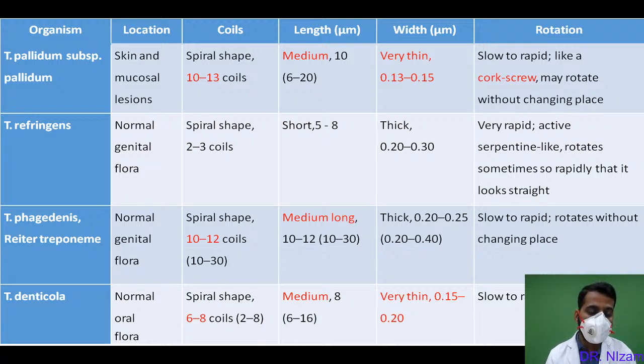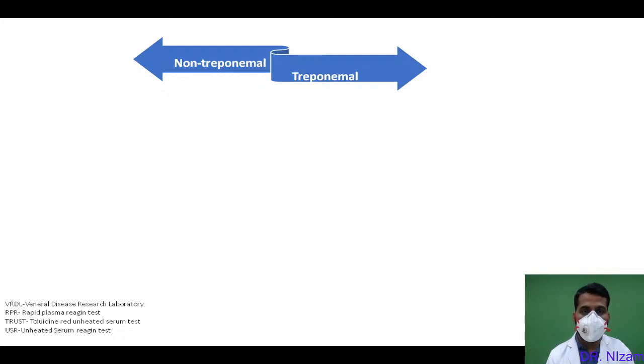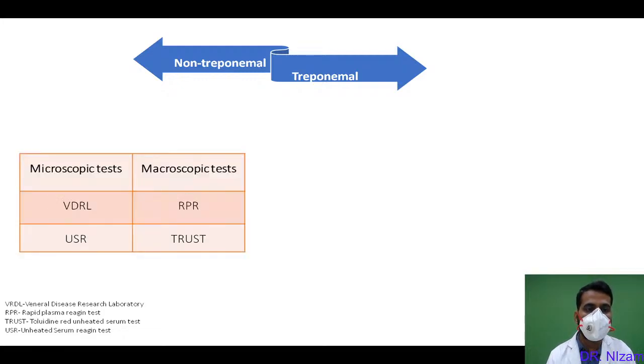And these are not just present in the genital area, but can also be present in the oral flora, like denticola. Now, coming to the treponemal and non-treponemal tests, starting with the non-treponemal tests: the VDRL and